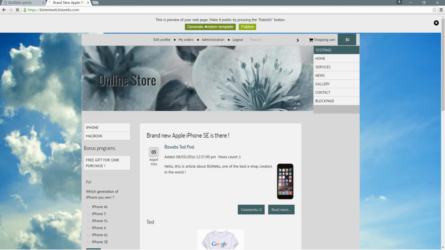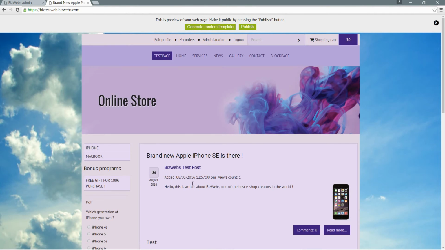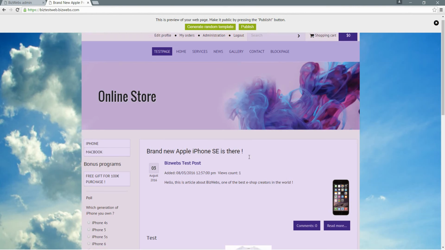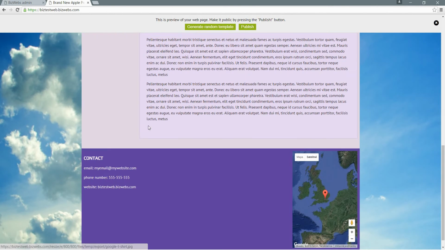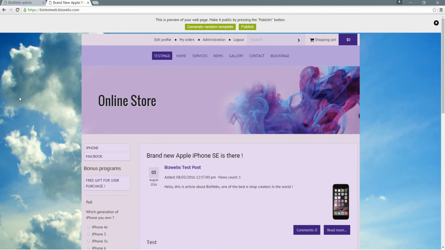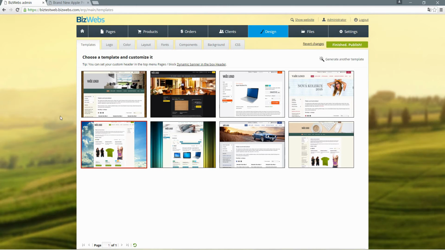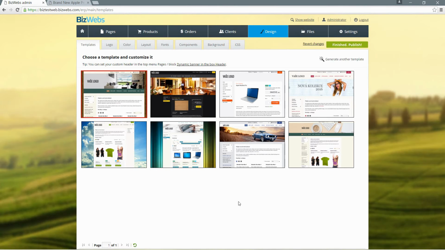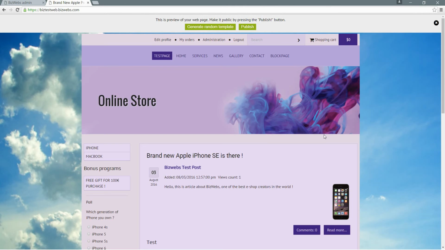Let's try another one. Okay, you can see another design, and you can see that all of the things have been changed, like font style and some alignment and things like colors and so on. Okay, we can go now back to administration mode. I will click on this classic template, and I will click Finished Publish, I will confirm it, and now when I refresh our website,